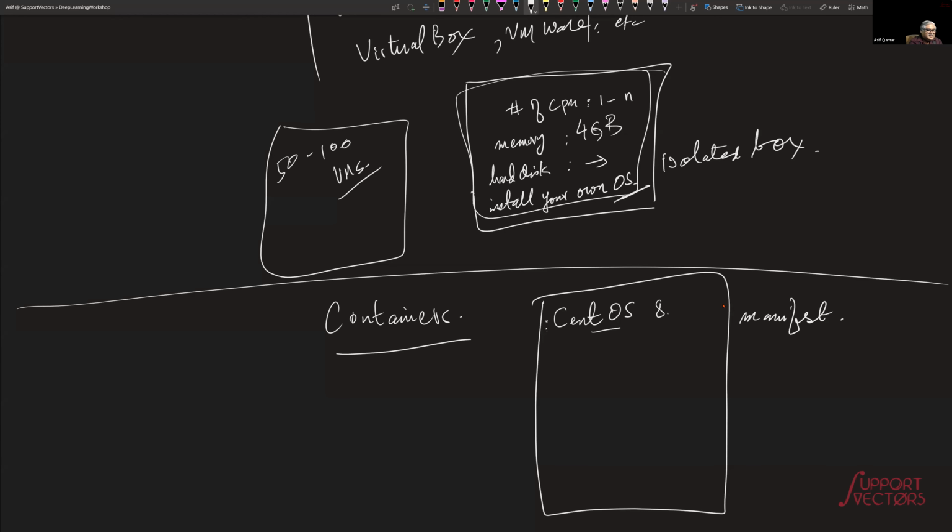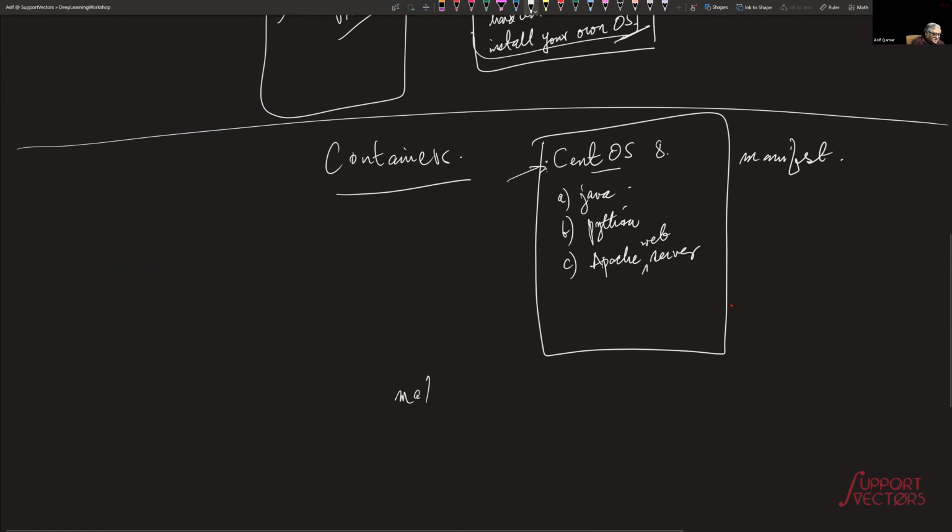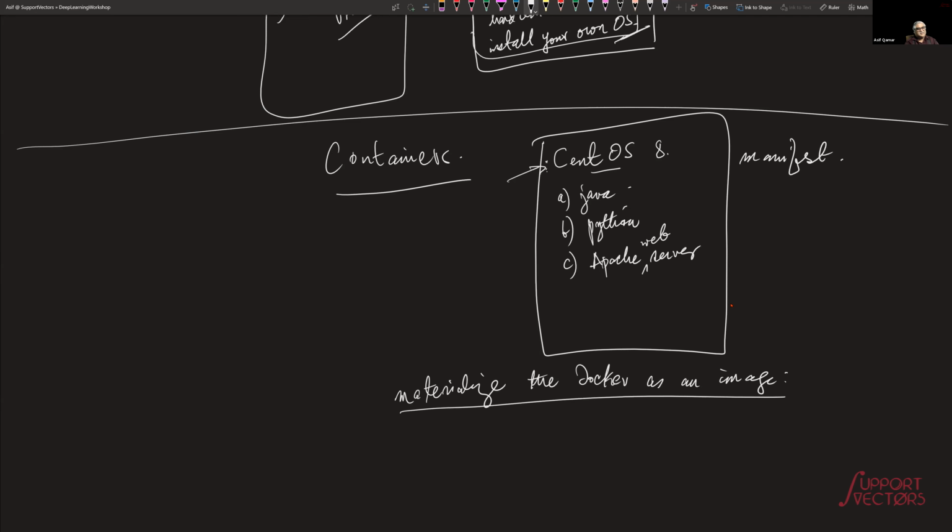You say that take a base image, which already may exist somewhere. On top of that, now install, let's say, Java, B, Python, right? C, Apache server, web server. I'll take an example. And you declare that this is what my Docker image should be. And what you do is you run it. When you run it, you materialize the Docker as an image. What it will do is it will, at that particular moment, go and create a CentOS environment